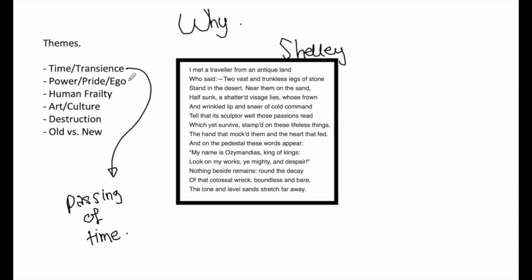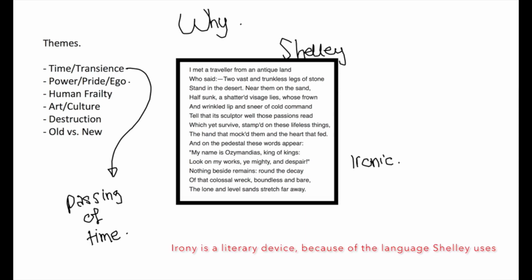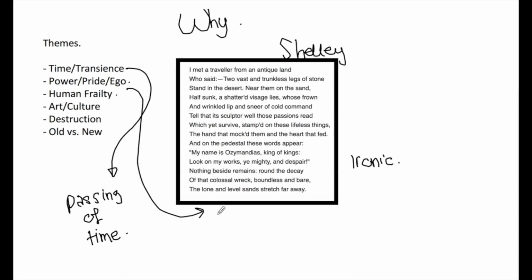There's also power, pride and ego, which I think is pretty simple. There's a lot of power and pride and ego that Ozymandias himself is exhibiting, and actually it's quite an ironic poem, because as we'll look into it a bit more, we'll see that his power, his pride, his high ego really gets him nowhere in the end of the poem. It doesn't last, and that's a very important part of the theme, which we can match with the idea of human frailty. So actually I would say that these two themes are quite contrasting. They contrast with each other,